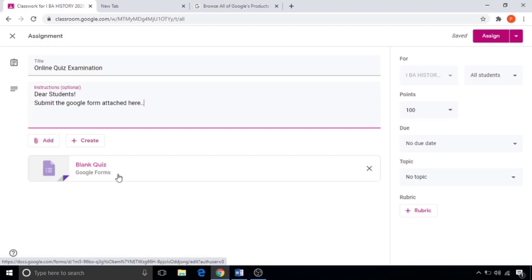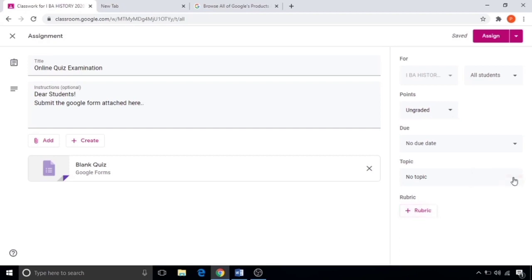Here, you can see a blank quiz is already attached for you. It does all the work for you, such as evaluation by itself and marks in an Excel sheet. So there is no need to fill grades, it is ungraded. Automatic correction by Google, so no need to create a rubric also.